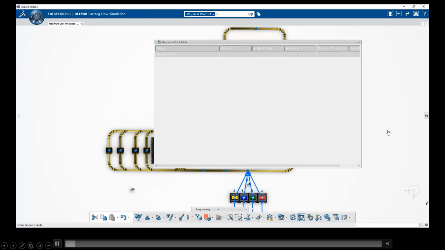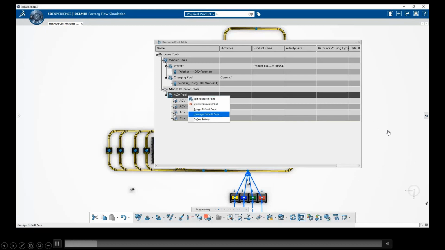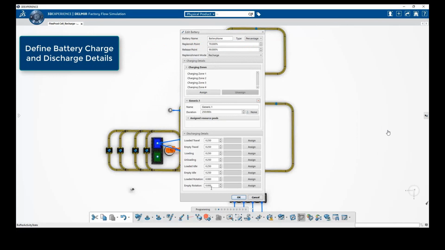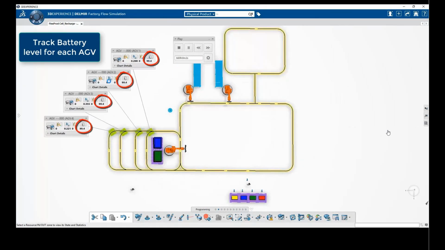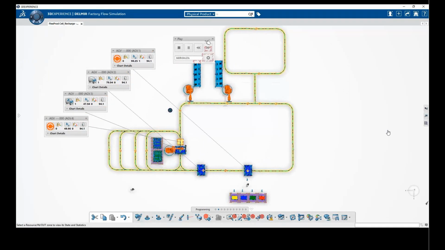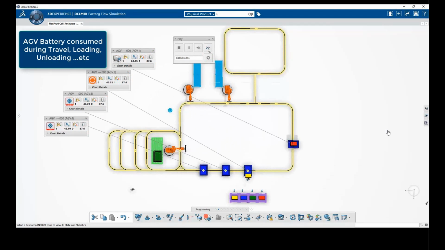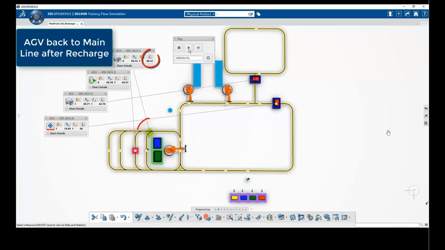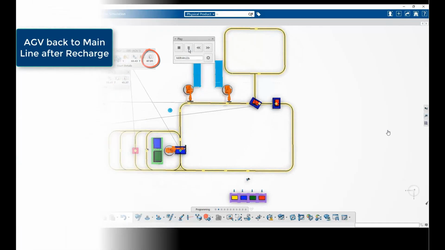Something I wanted to mention also is AGVs, which are a big trend nowadays. A lot of companies will implement AGVs, but what is important when you implement this equipment is to make sure that you will have enough. Is it better to have 4 AGVs or 3, basically? But one of the biggest things to simulate for AGVs is the battery consumption.